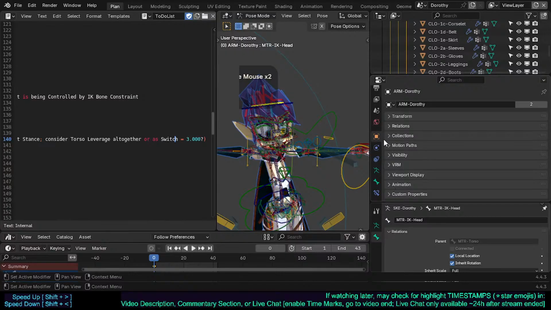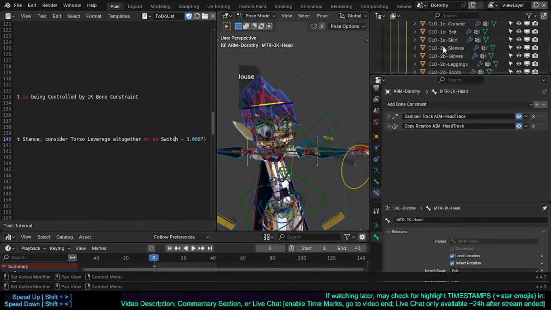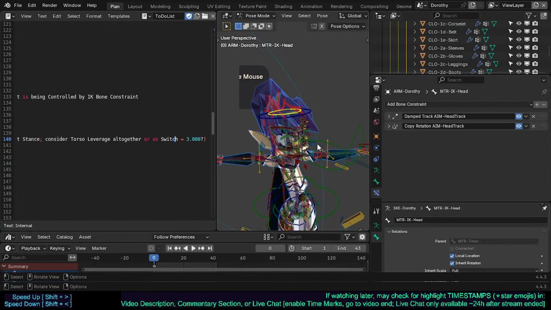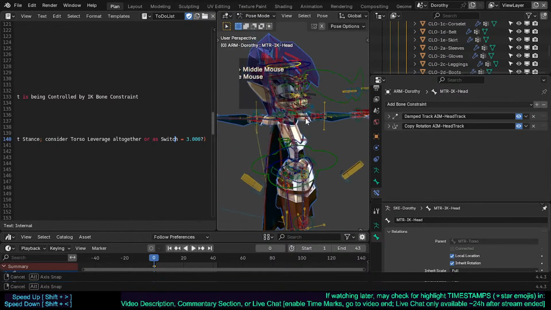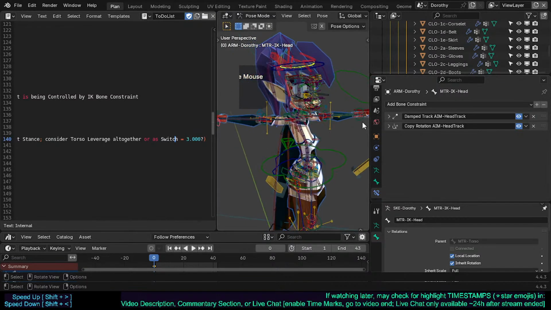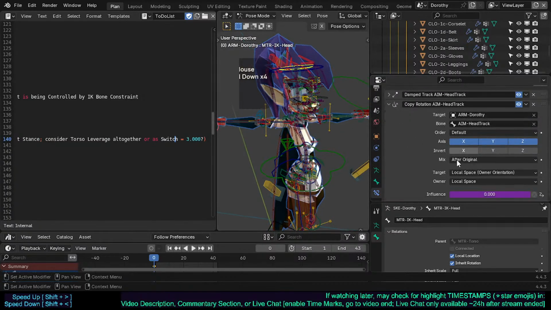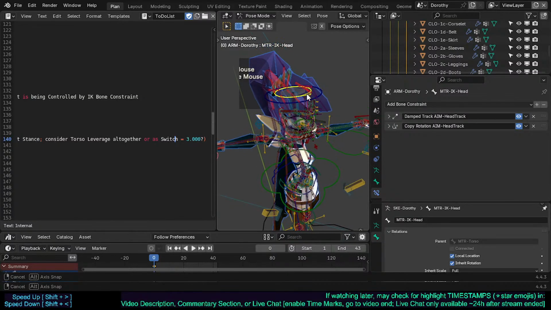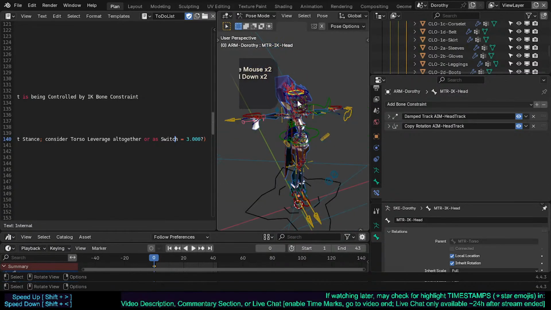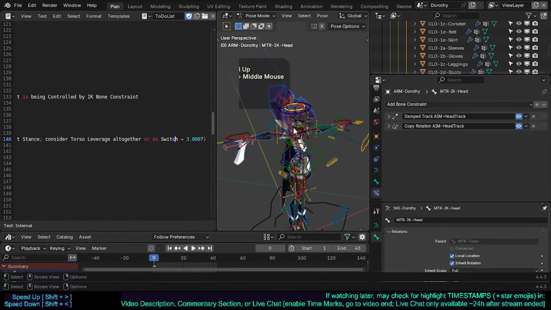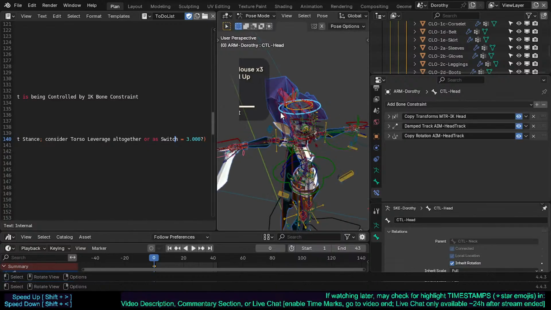But it was working, right, with some IK switch for the head. I want to see the damped track, aim, copy rotation. Okay, so this is just for another control, right? This aim thing, and this will be the